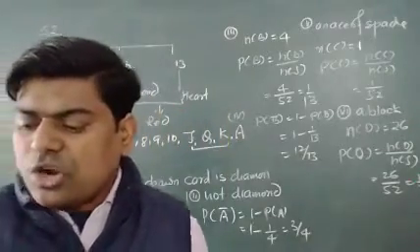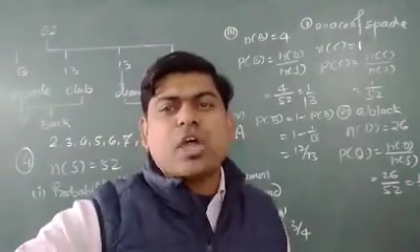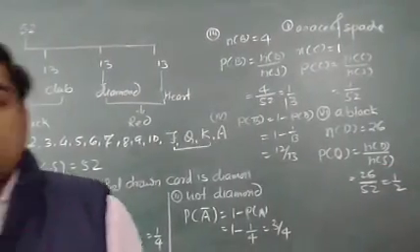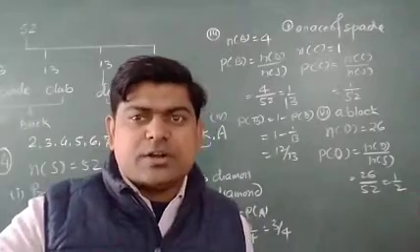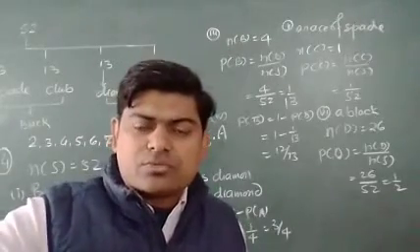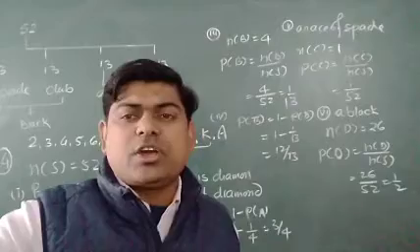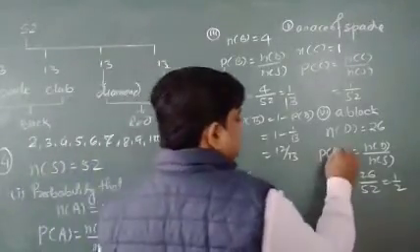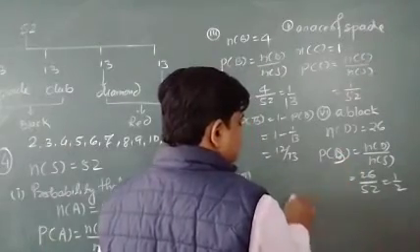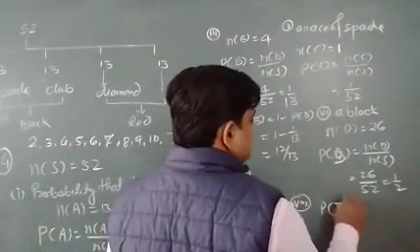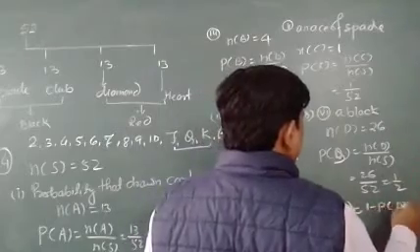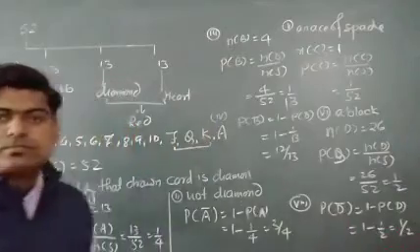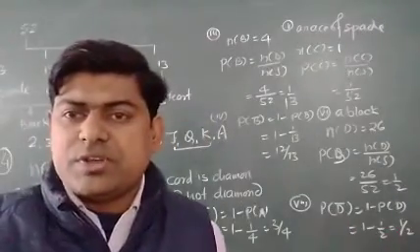Next one is there, not a black card. Only two types of cards we are having. If only two types of cards we are having, if it is not black, it means it is red. So we are having 26 red cards, so I can say that the probability of not black is 26 upon 52. Or directly I can say if D is representing the black card, so the 7th will be the probability of D bar, that is equal to 1 minus probability of D. It is 1 minus 1 upon 2, that again 1 upon 2 we can write. Hope you are getting all these things very easily.